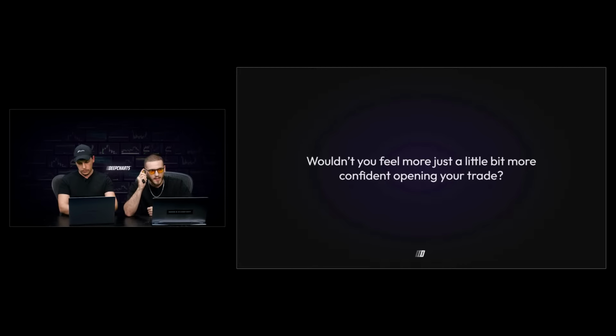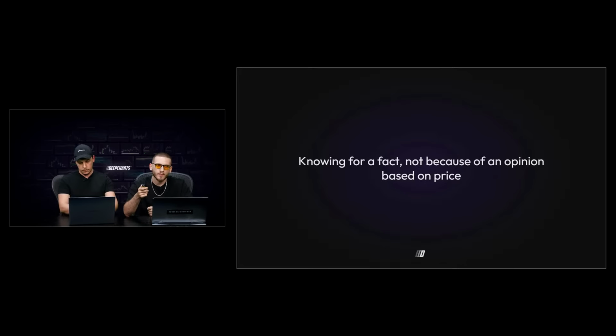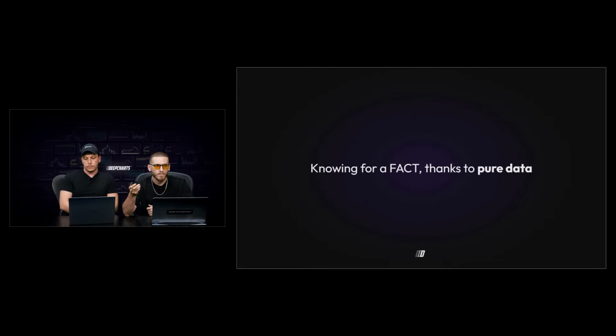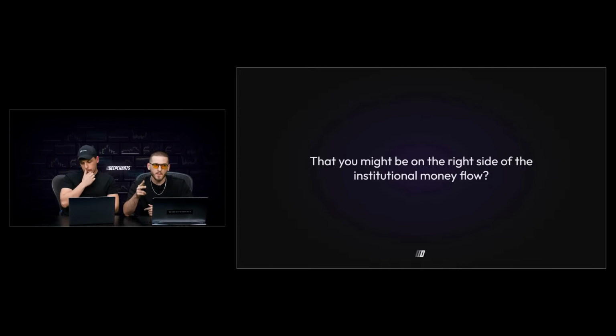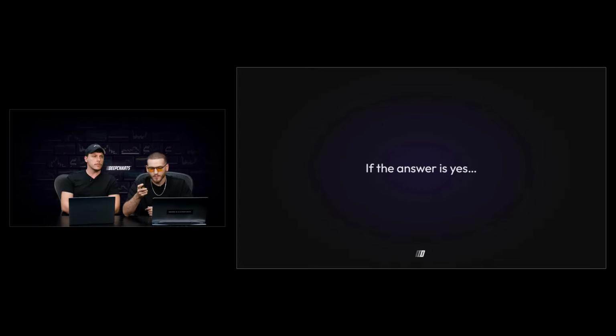Wouldn't you feel just a little bit more confident opening your trades? Just a little bit, okay? And what that little difference could make in your trading. Knowing for a fact, not because of an opinion based on what you think price is telling you, but knowing for a fact, thanks to pure data, that you might be on the right side of the institutional money flow. Would that be better? Because if the answer is yes,